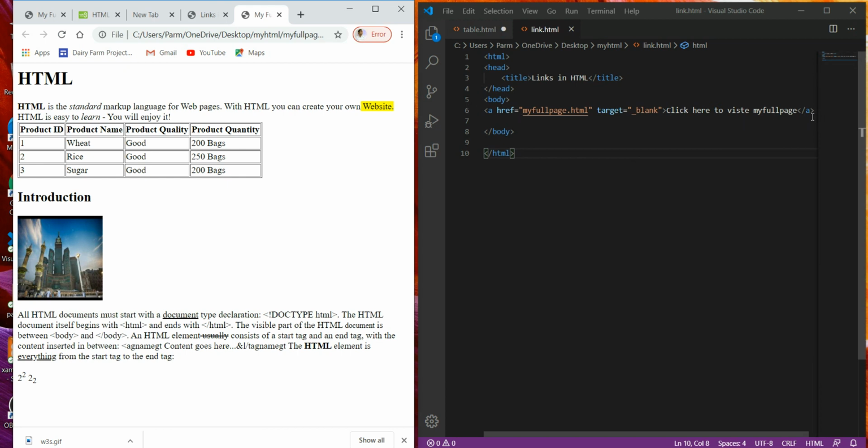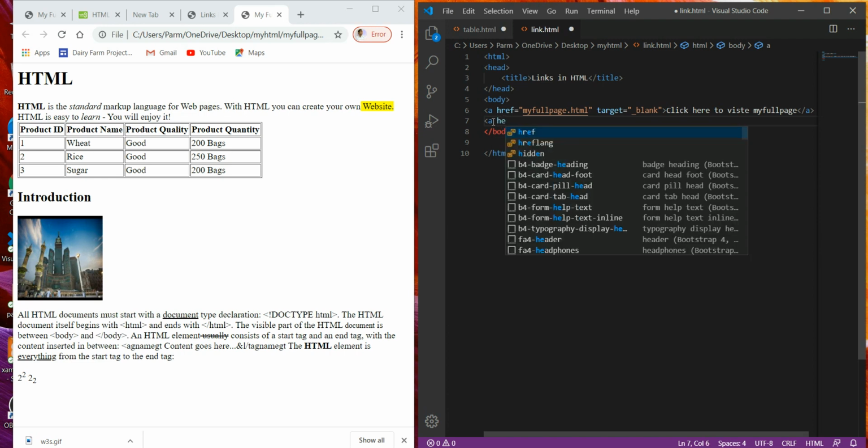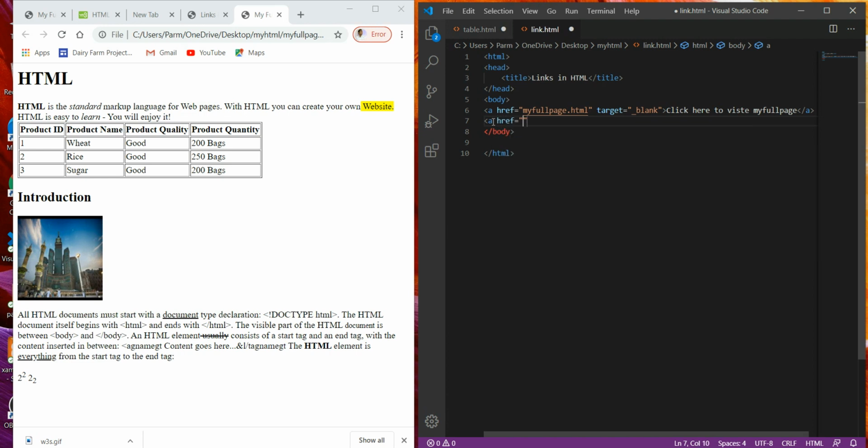Similarly we can create a link to a file that is located on another server. For that we again follow the same path: anchor element, then hyperreference, and say by clicking on this link the user will be directed to visit the site w3school.com.